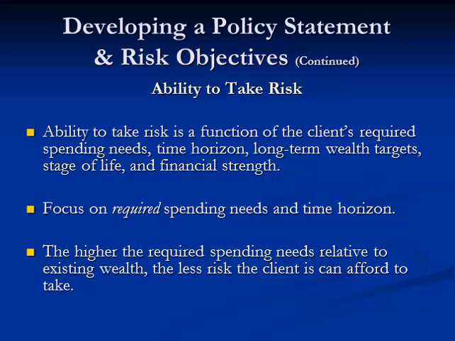Your ability to take risk is also a function of your time horizon. And that means, how long am I going to need this money that I'm saving for? Am I going to need this money for the down payment of a house? And if that's the case, and the down payment is within the next couple of years, you can't afford to take much risk. That money should be invested in some type of bond mutual fund, or even in a money market portfolio or asset class. Because you can't afford to take risk. If your time horizon is, look, I've got 40 years to retirement, you should be nearly all in stocks, taking a fair amount of risk, because you can afford to ride the waves of the market.